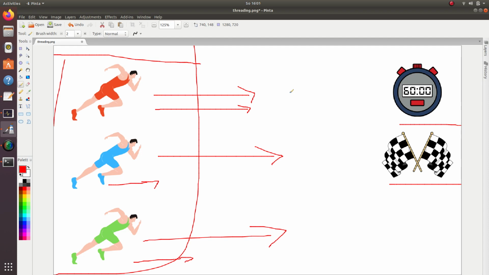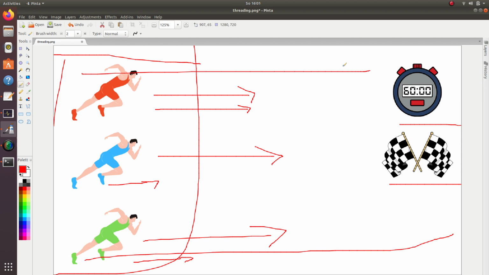It's not always possible that all of them will be at the same level of running, because all of the athletes have different energy levels and different physiques. Depending upon that, they have different running speeds, and the ratio on which they distribute across the race can vary. But one thing is common: they all will run in parallel, and finally someone will reach ahead of all the other competitors, and they will run the race.